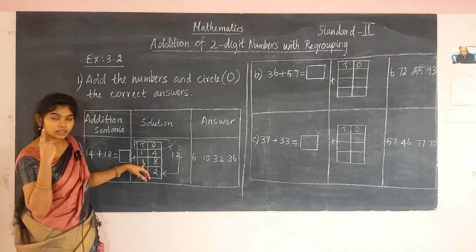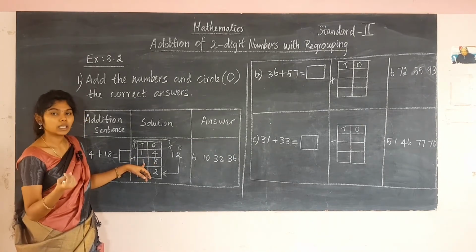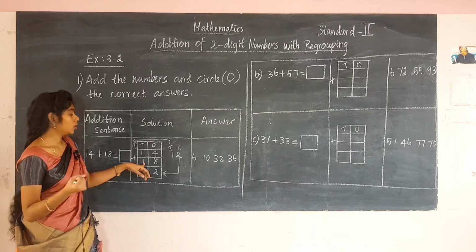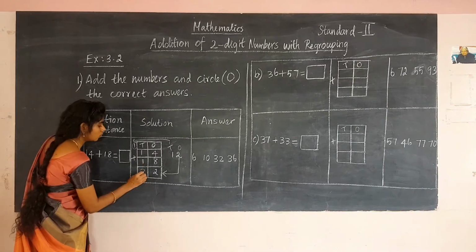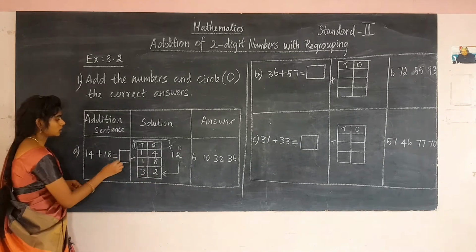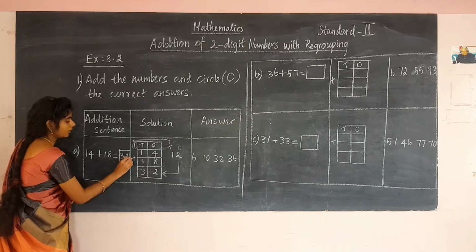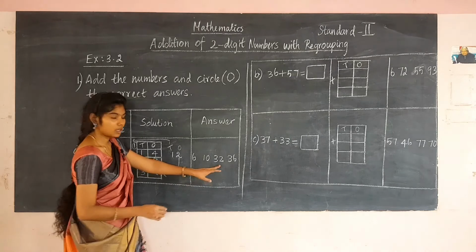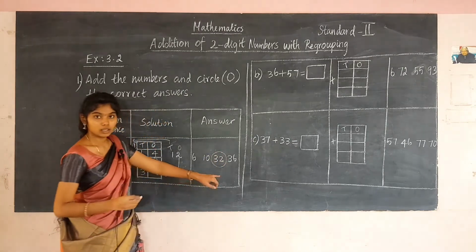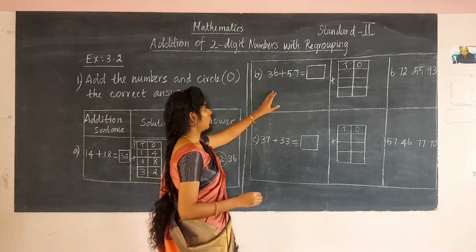2 is in your mind. Say after that number is 3. You have to fold the finger by saying the next number. So what's the next number? 3. So write that number in this box. So you have got the answer as 32. Fill the box here 32 and then round the answer here. You have to circle the answer, right? So circle the answer as 32.